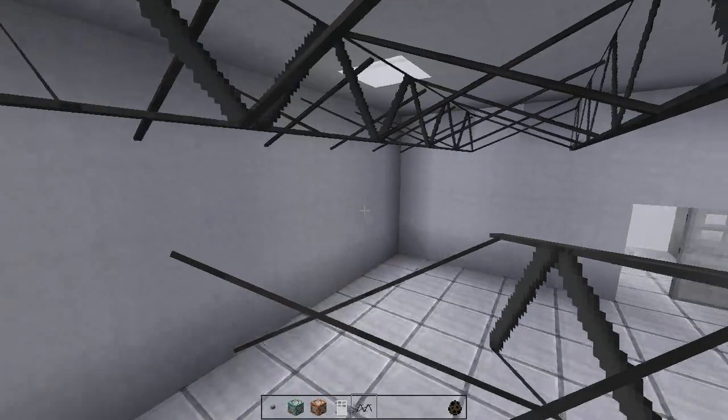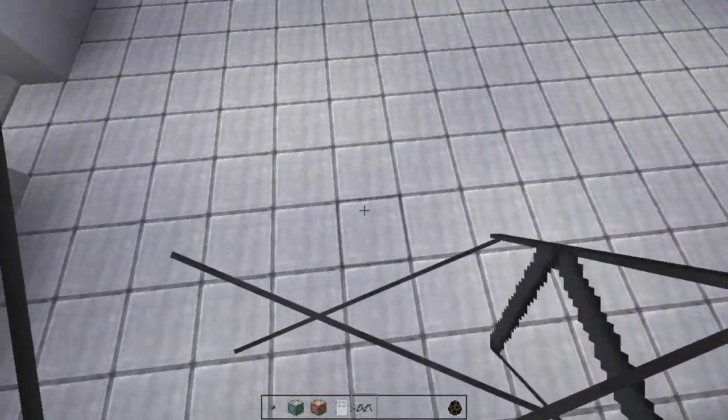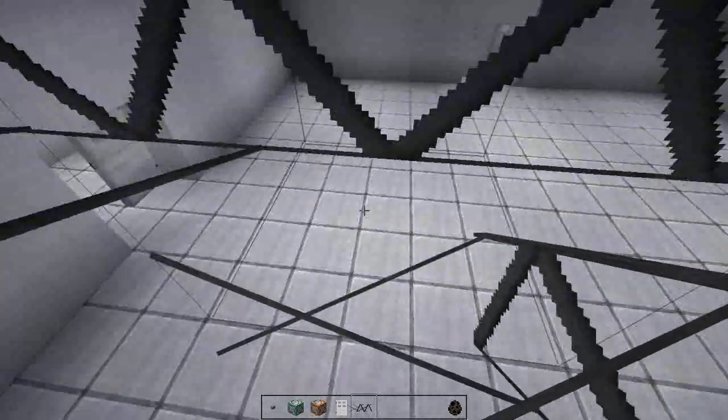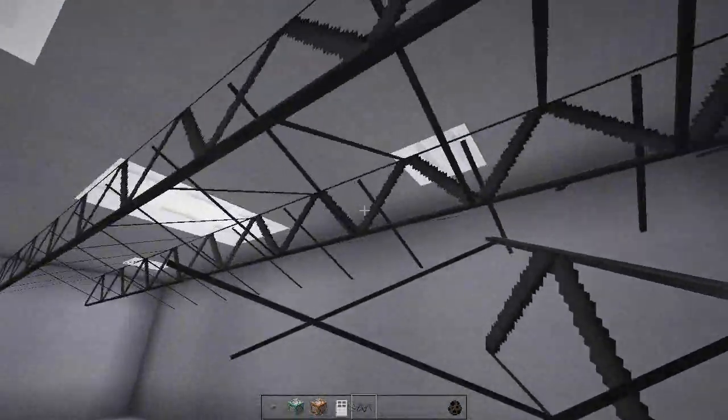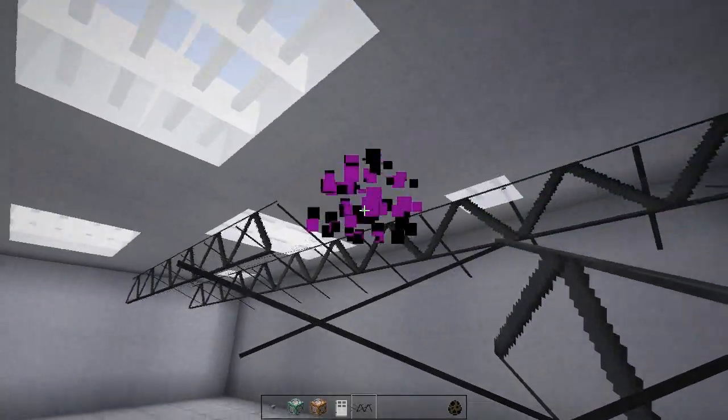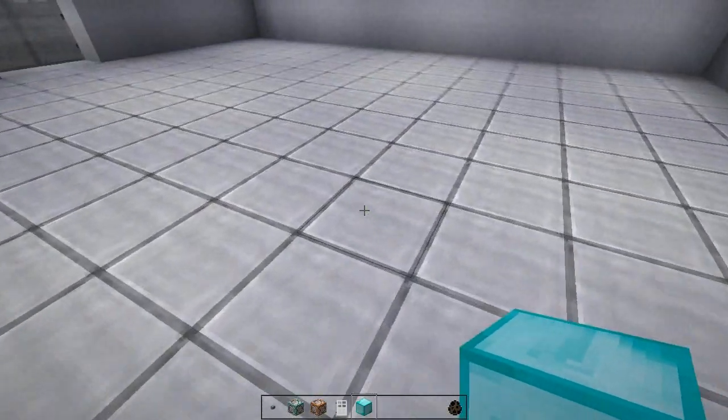I also removed the faces of the side beams from the top, so you can't actually see them from above. Because you can't see them, I may as well reduce the faces slightly, right? So yeah, that's those. Oh yeah, and to help me build this room with the mushroom blocks, I have a